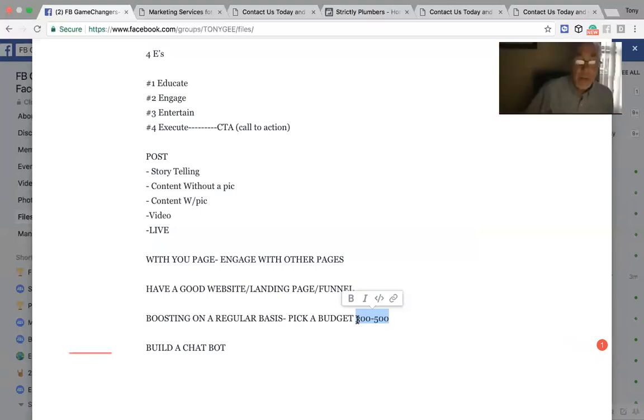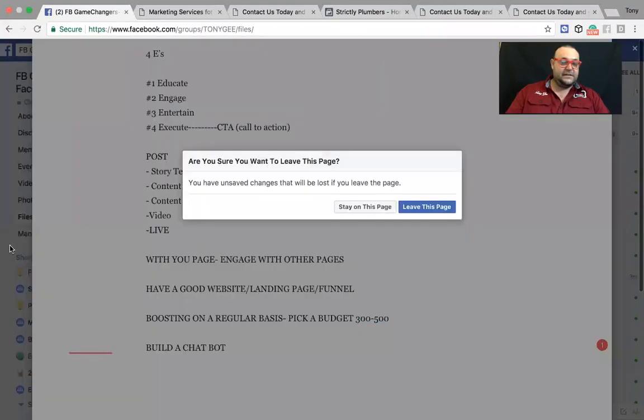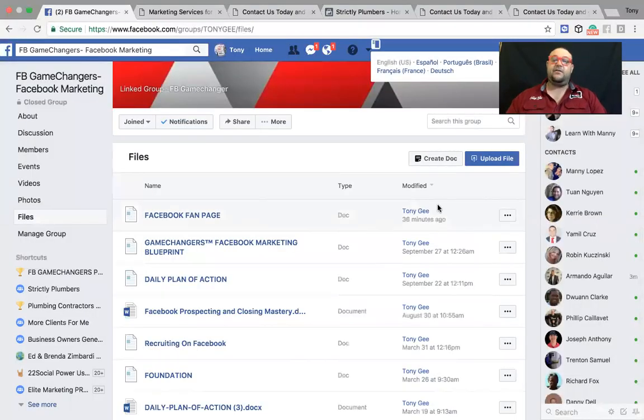So if that's 300 or 500 to start with, and maybe $5 or more a day, how do you spend the 300 to 500? What happens is that you set a daily budget. If your daily budget is $5 a day, it's going to max out. And you get to pick 2 budgets, a daily spending budget and a monthly spending budget. When you're running ads and when you're boosting posts, you get a daily. So you can make it spend $5 a day and just let it sit and have an end